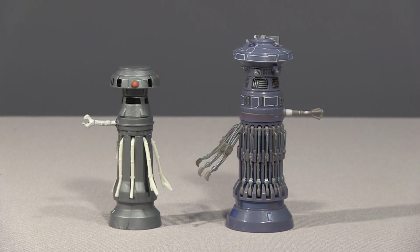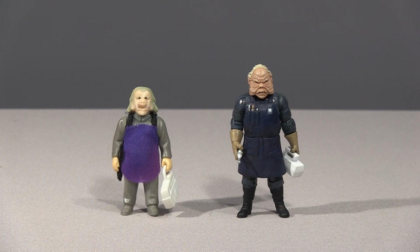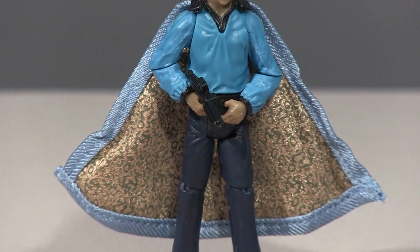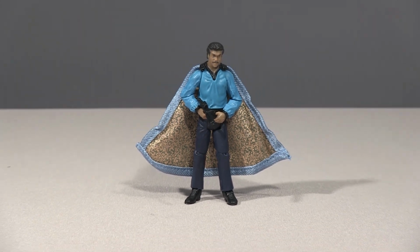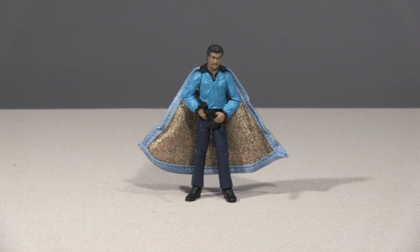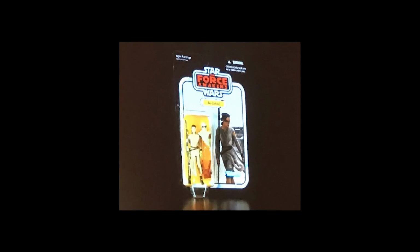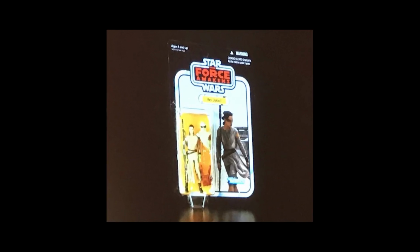Hasbro has modified, enhanced, backtracked, and repeated themselves so many times with the construction of these figures, even main characters have been left behind. Take Lando Calrissian, a major character in an iconic outfit, but the figure is not super articulated and hence doesn't measure up to the other redone heroes. His cape doesn't even come off, but that's the closest you can get. And with the state of things today with smaller vehicles and simpler figures, it's unlikely Hasbro is going to revisit many of these figures anytime soon,